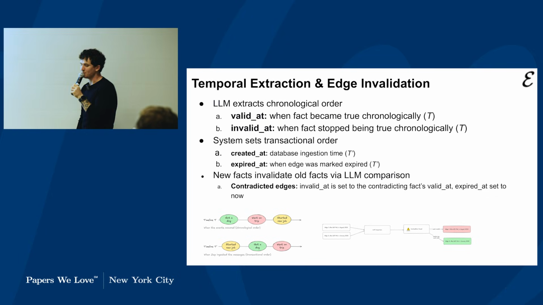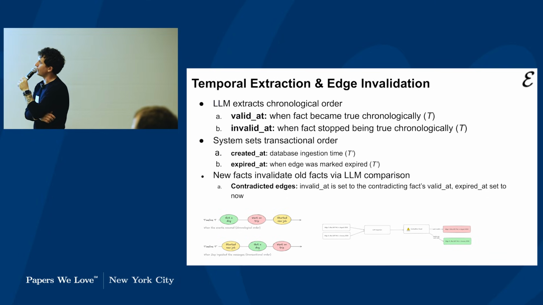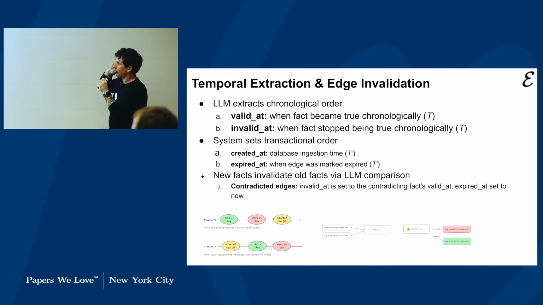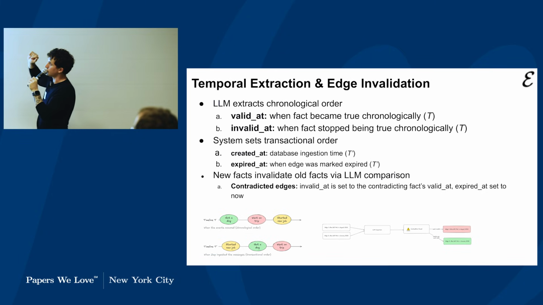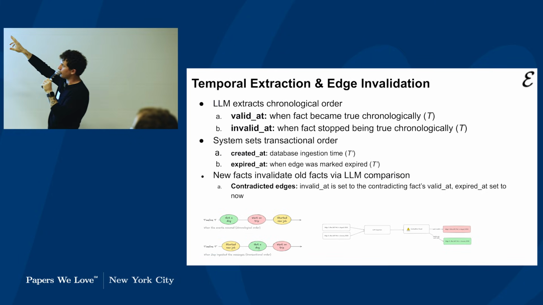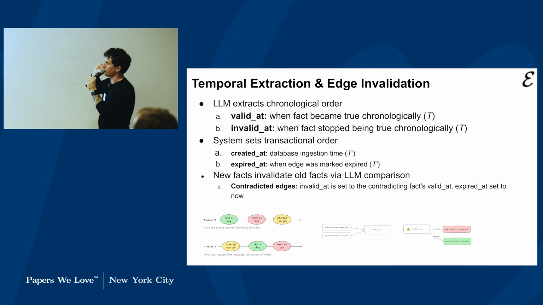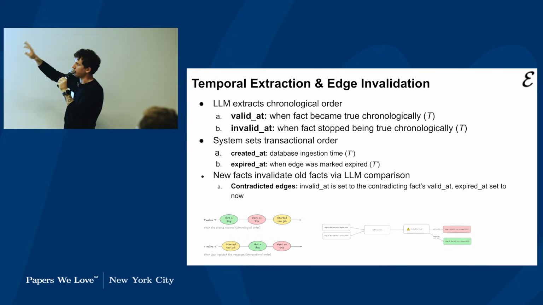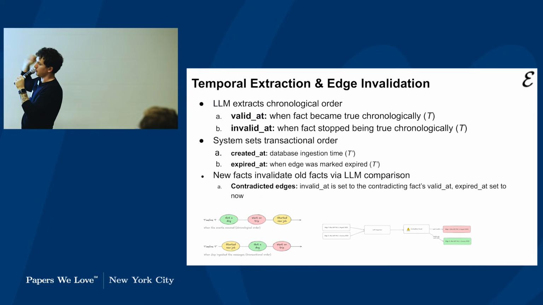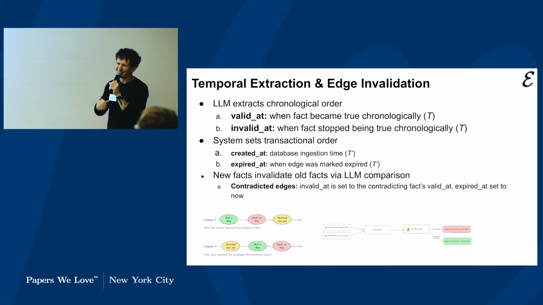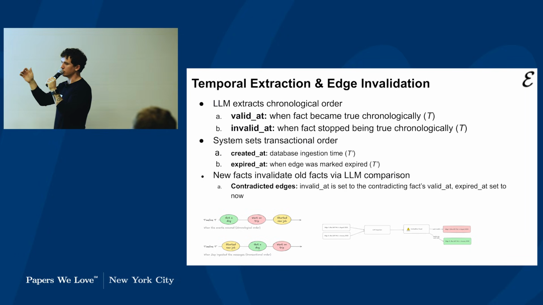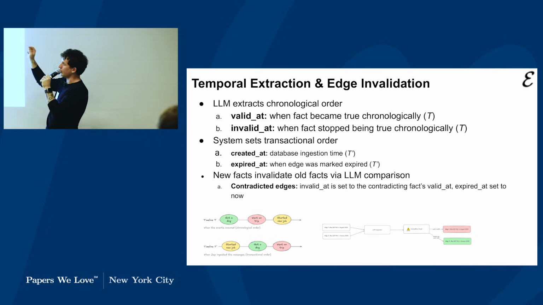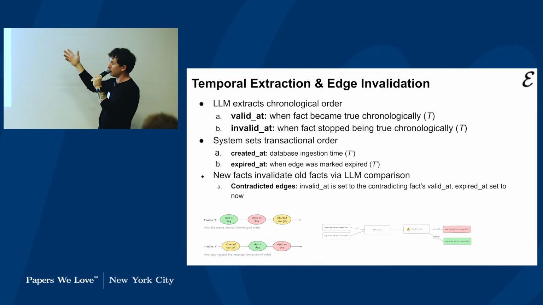All right. Temporal extraction and edge invalidation. More ways we're keeping the graph under control. And this is where you end up with T and T prime, the two timelines, and how this works. So number one, an LLM is asked to extract the chronological order of events. So we get a valid at, which is when the fact became true chronologically. And we have an invalid at, which may or may not be populated, which is when a fact stopped being true chronologically. So if I went on vacation last month, I was in Japan for 2 weeks, and I'm no longer in Japan, I'd have an invalid at for the memory